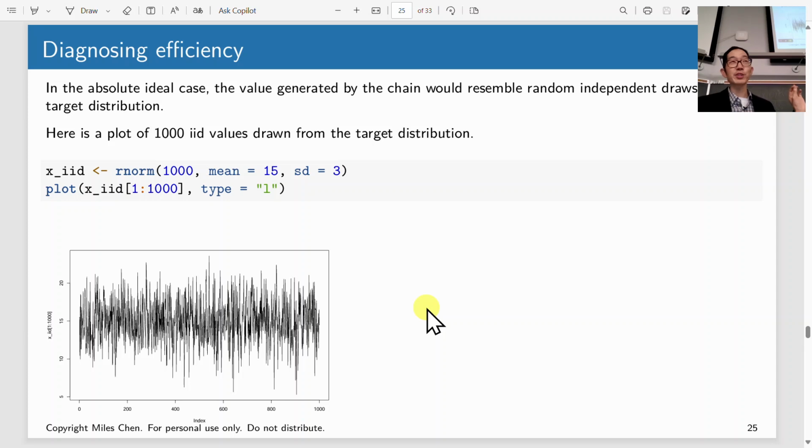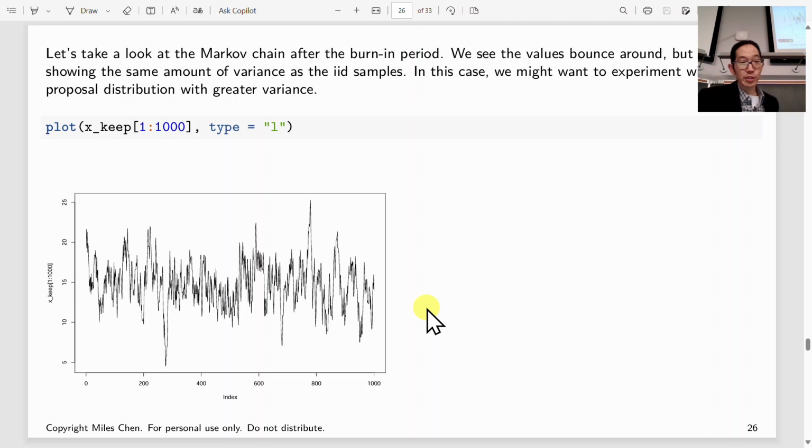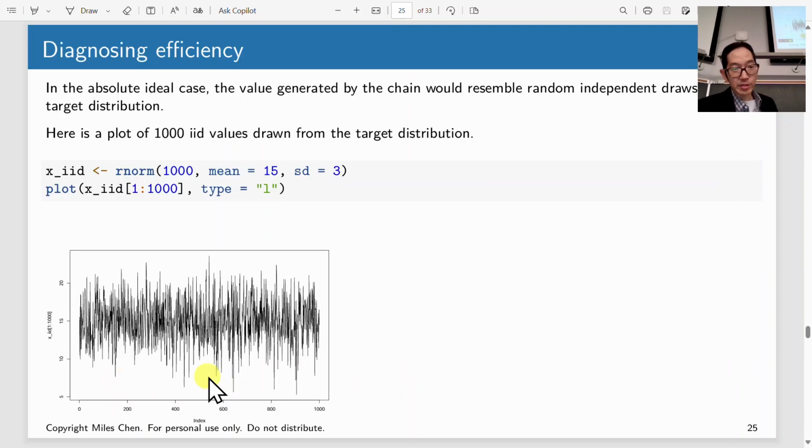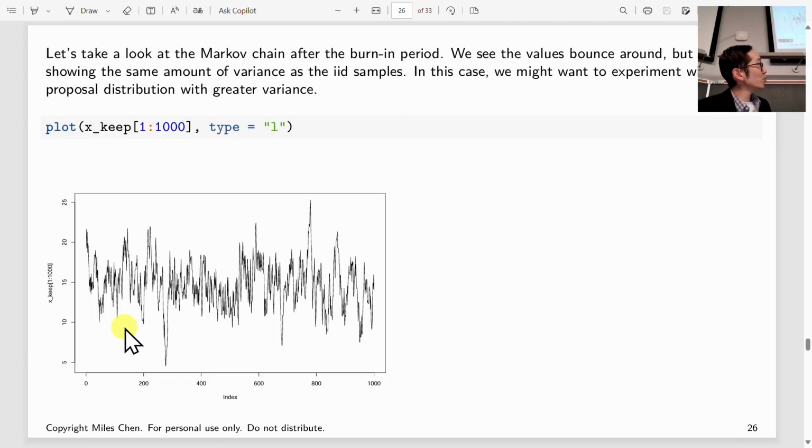Because we're doing a Markov chain. The next value depends on the previous value. So they're not IID. They're not independent of each other. The next value depends on the previous value. Okay? So this is what my Markov chain looks like after I threw away my first 180 values. Okay? And on the same scale, 0 through 1,000, this is IID. This is what my thing looks like. And here you can trace a little bit more of a path where the next value depends on the previous value.